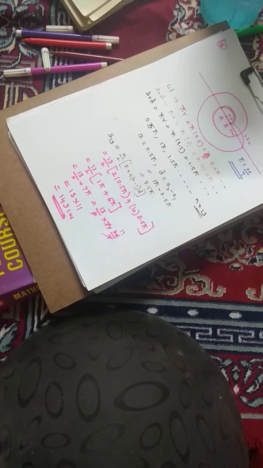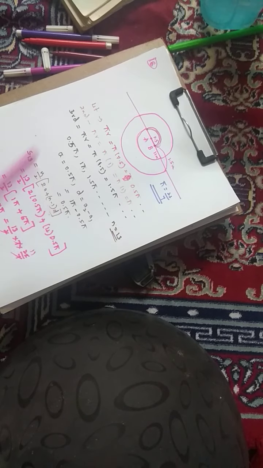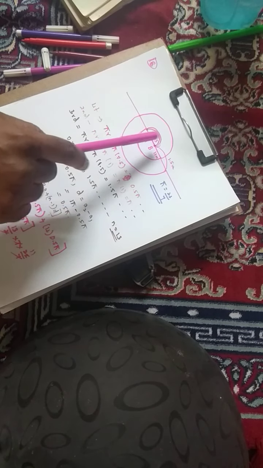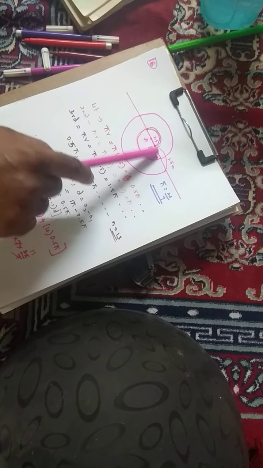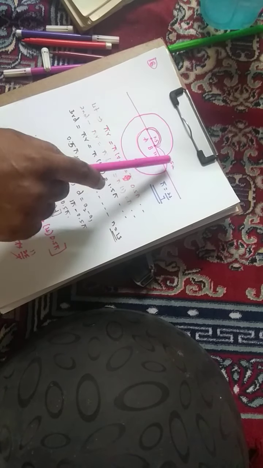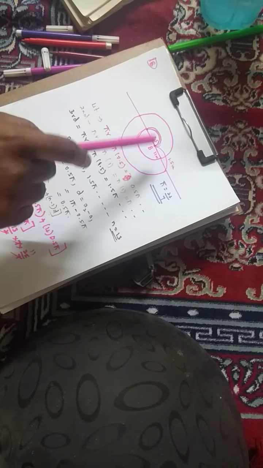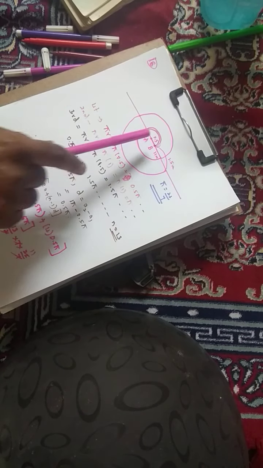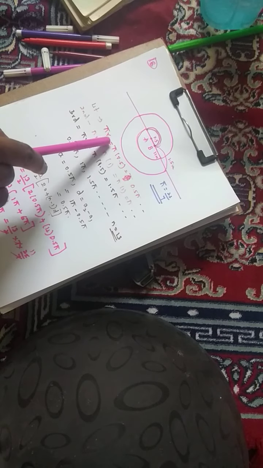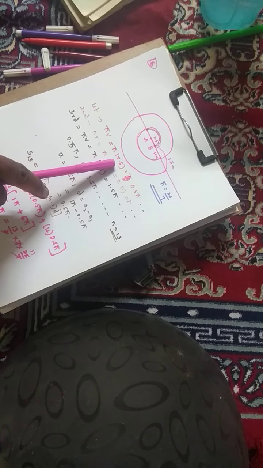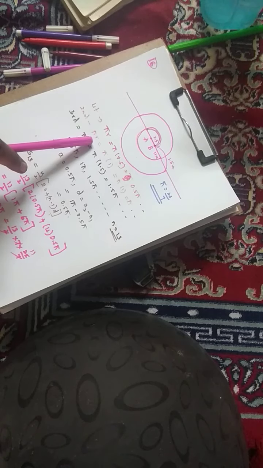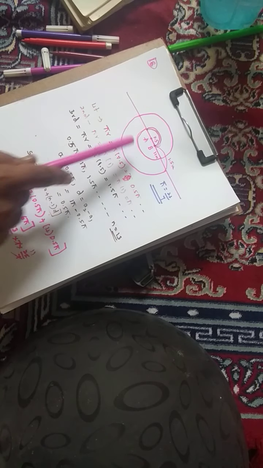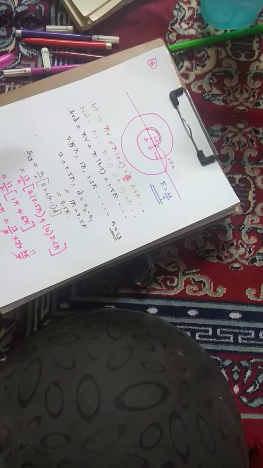So once again I will explain this question. The first semicircle is made with 0.5 radius, the second semicircle is made with 1 centimeter, and the third one is 1.5. Like that, one spiral is made up of 13 semicircles. Let the circumference of the first semicircle be pi r. That is pi into r, in the first case 0.5. In the second case pi r again, that is pi into 1, that is 1 pi. So like that I found the circumferences of the 13 semicircles.